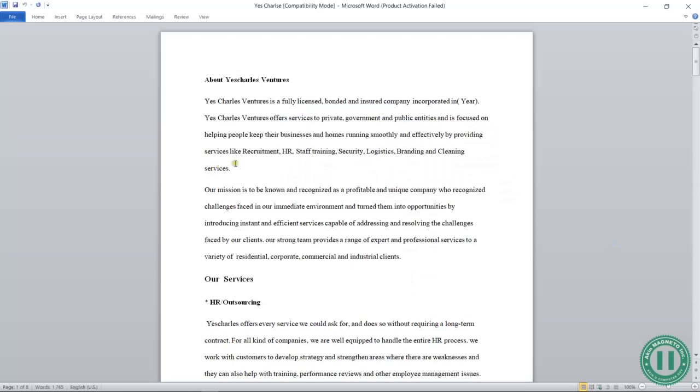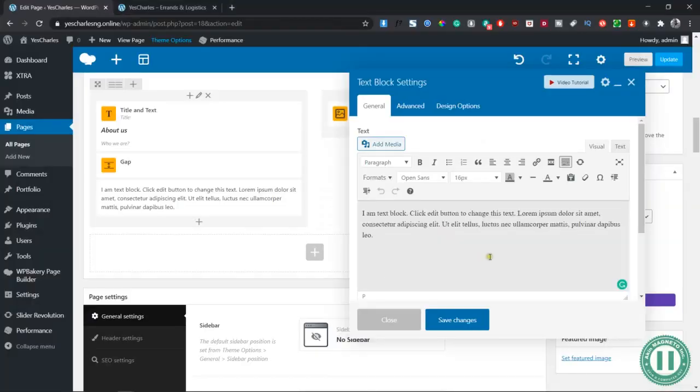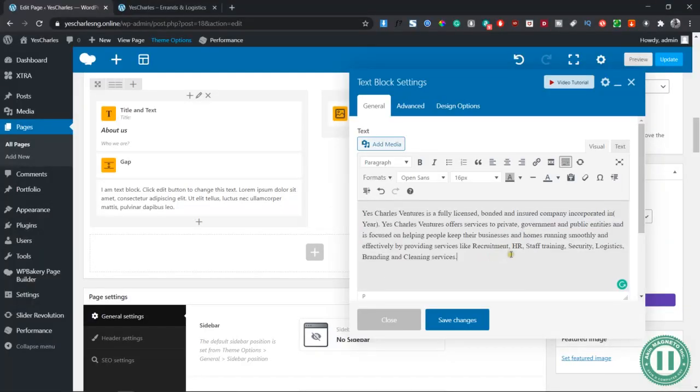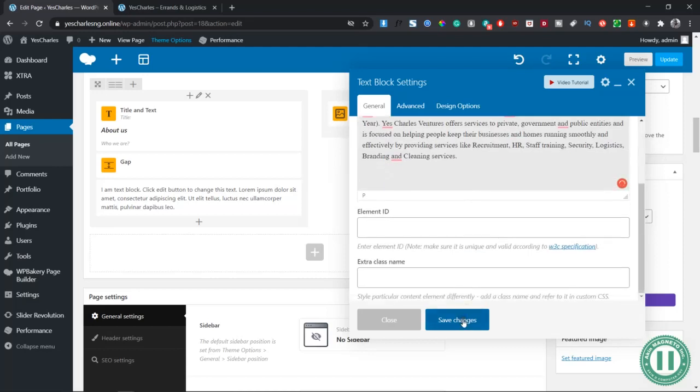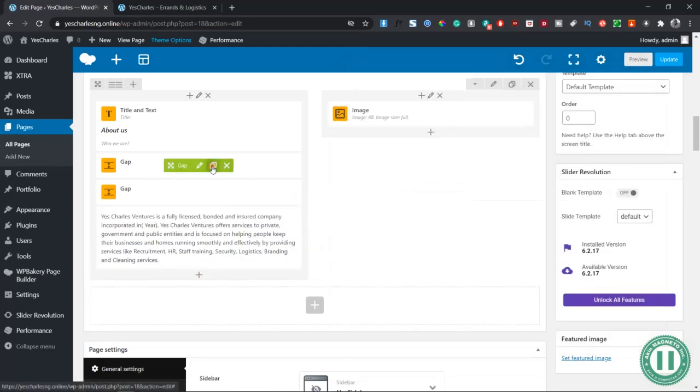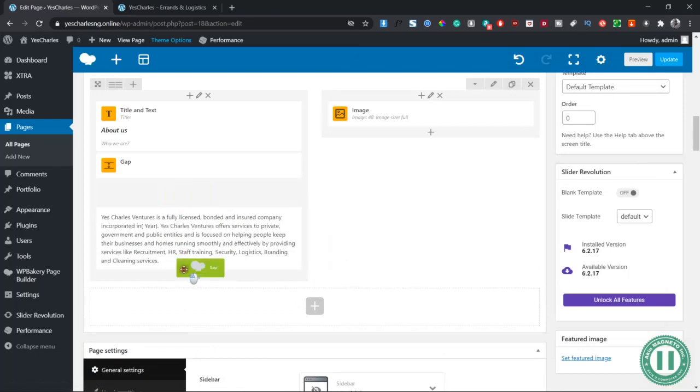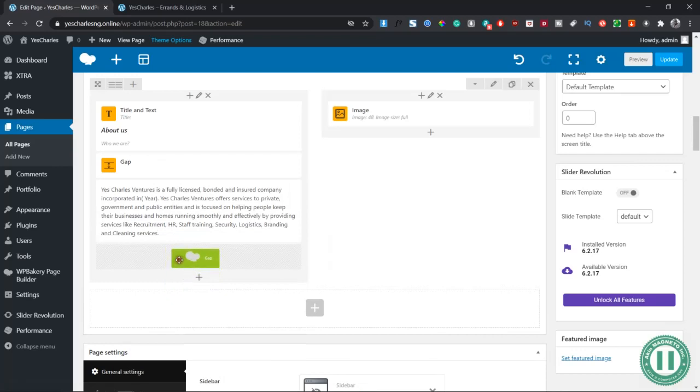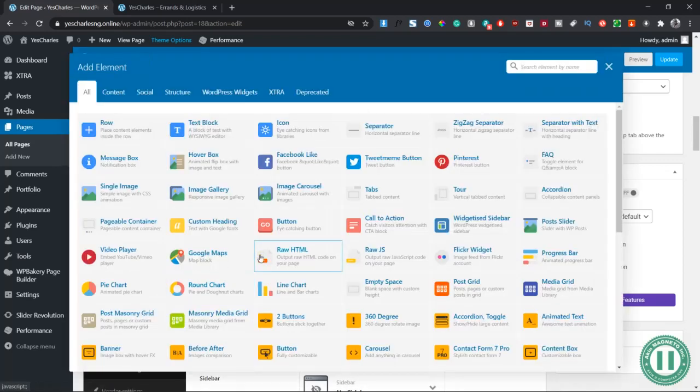So what we need to do is just to come here and copy the first paragraph and paste here. Once you're done with that, let's duplicate this gap, and the next thing we need to add is